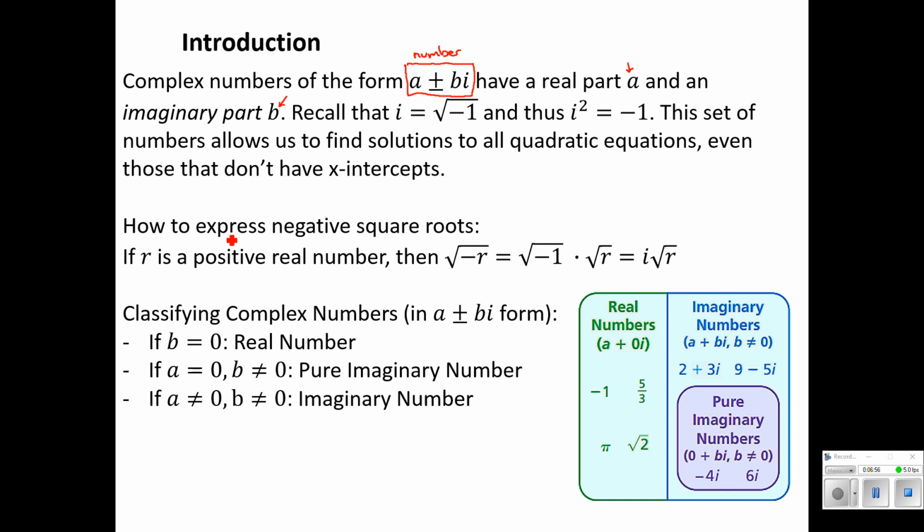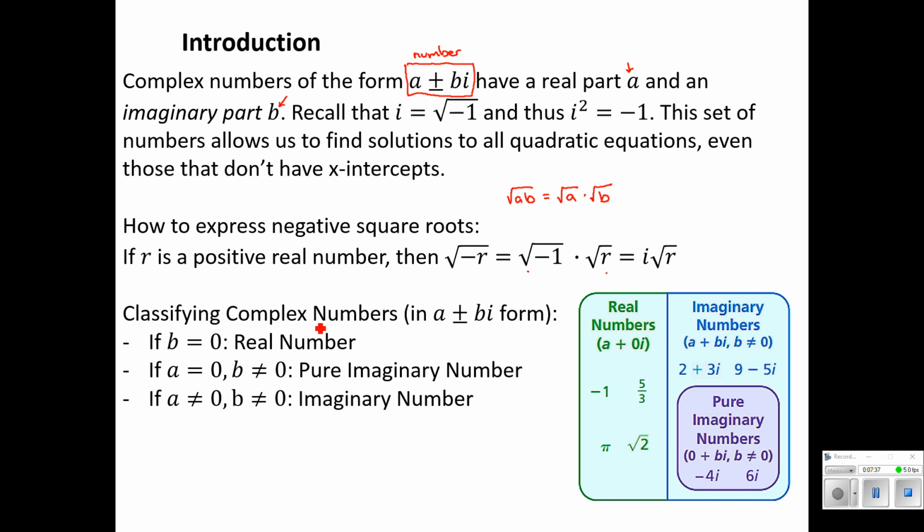All right, how to simplify negative square roots. If we don't see an i present, but we do have a negative underneath the square root, we know how to handle that now. If r is a positive real number, then the square root of -r is equal to the square root of -1 times the square root of r. This is called the product property of radicals. If I have two numbers multiplied underneath a square root, then I can separate that and refer to it as the product of two square roots. So that's what we've done here in this first step. And then by definition, the square root of -1 is i. So we use that i variable to denote that that's an imaginary part to a number.